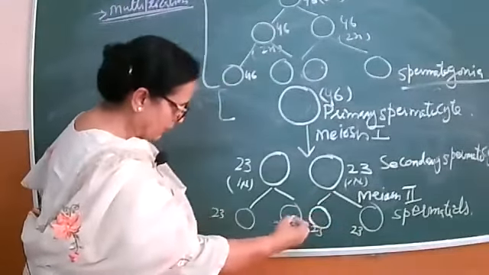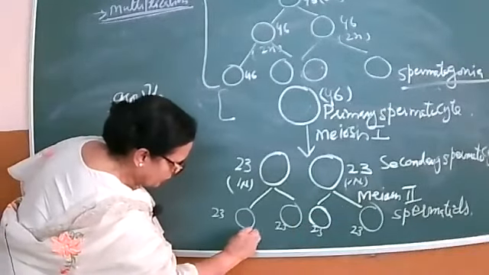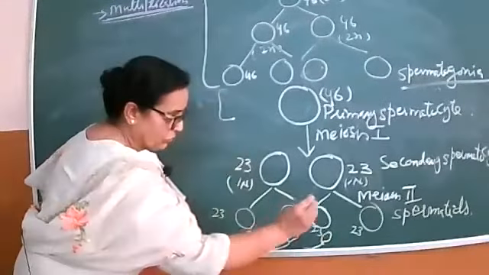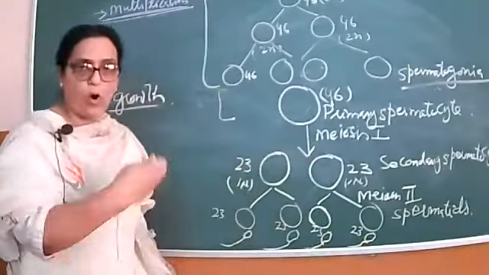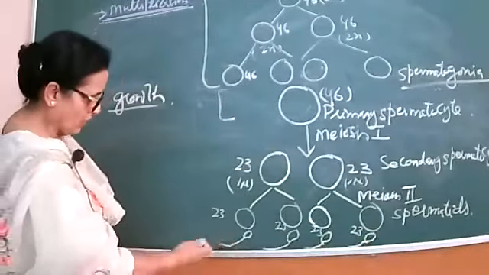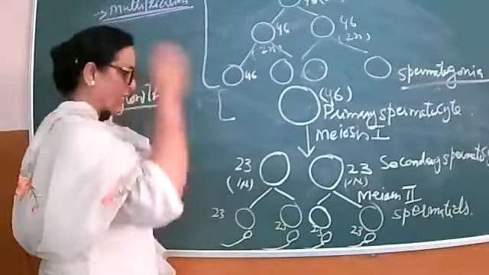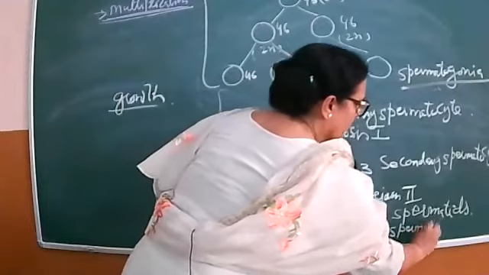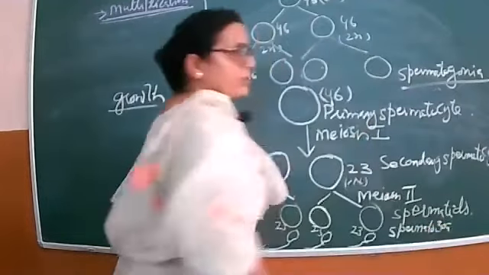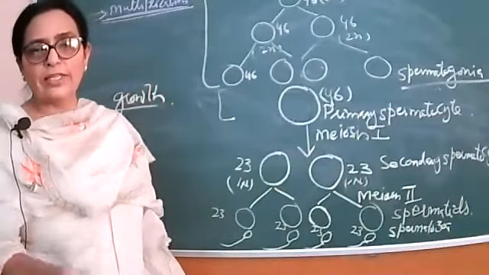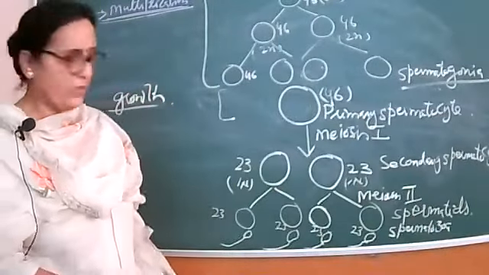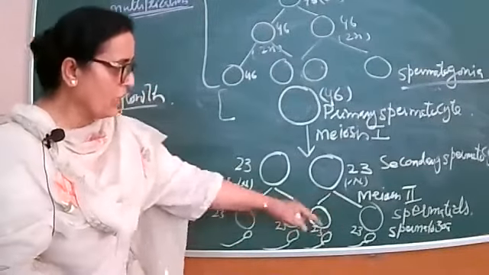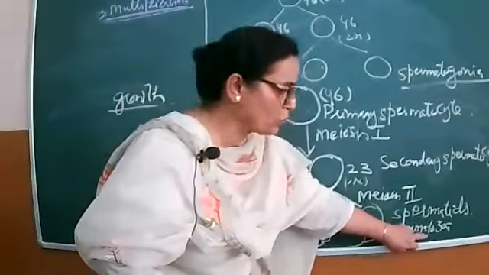So spermatids will be converted into tailed structures like that. But division is not taking place, only the form is changing, right? And now these tailed structures are known as spermatozoa. The term zoa is related to mobility. They are able to move, so that's why they have the tail. We'll do the structure in detail too. So from the spermatid, spermatozoa are formed.